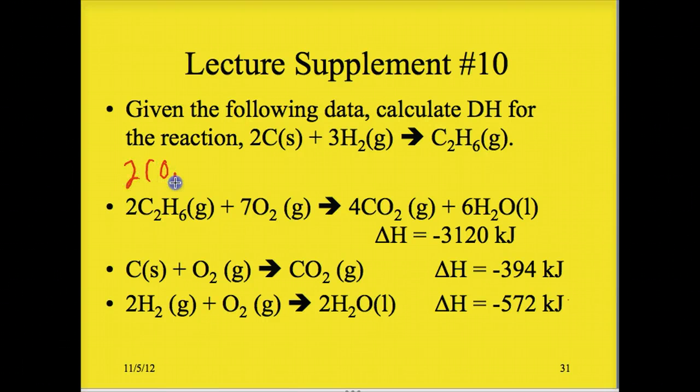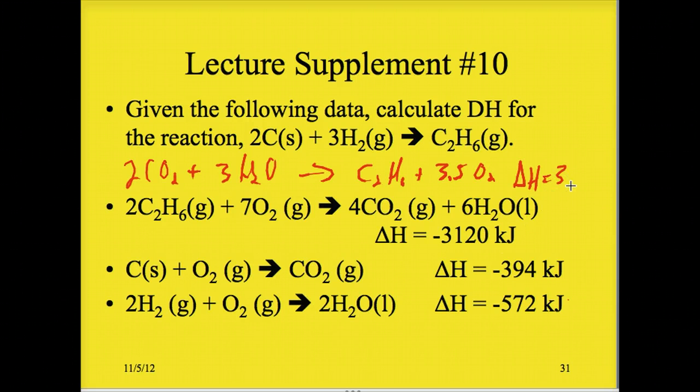I had 2 CO2s plus 3 H2O, just to quickly throw it back down there, C2H6 plus 3.5 O2. My new delta H for this reaction is going to be not a negative 3,120, but